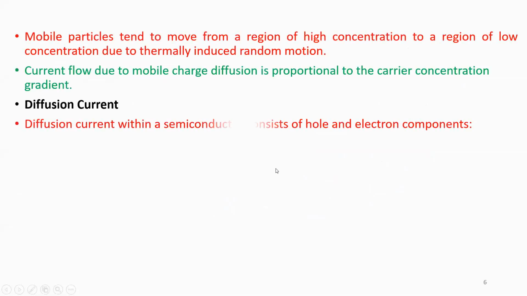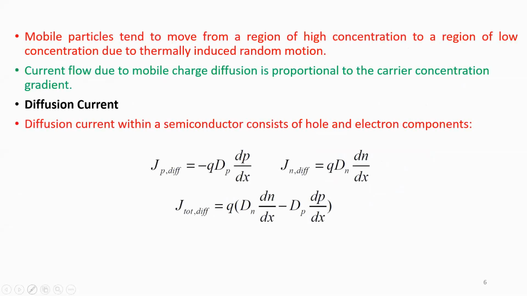So here you can see that in the previous case we talked about current density due to drift. Now I am talking about current density because of diffusion. For p type carriers, in a p type semiconductor we have an excess of holes. So in a p type semiconductor we have diffusion, and it is given by minus q Dp dp by dx. Now all of these have their relevant meanings.